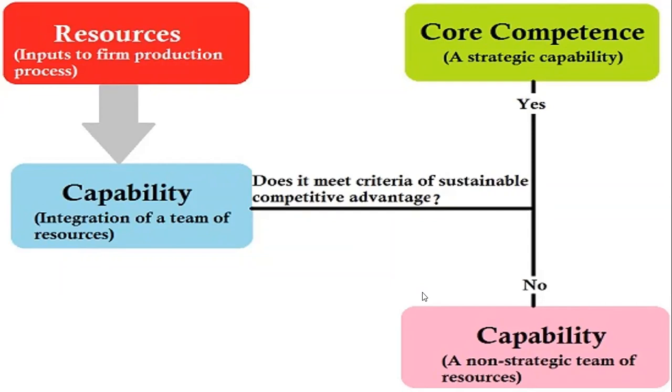Similarly, in certain industrial products, in certain categories, we say Bosch products are known for quality. We take the washing machine, IFB. In each and every product category, those organizations with their resources work on capabilities and over a period of time develop what is called core competence. And it is this core competency which makes them completely different from the competitors, and it helps them to retain their position in the market for a longer interval.